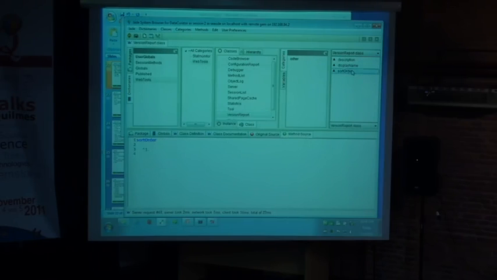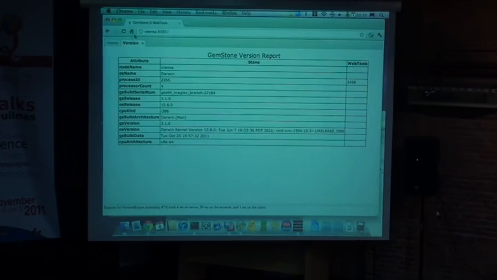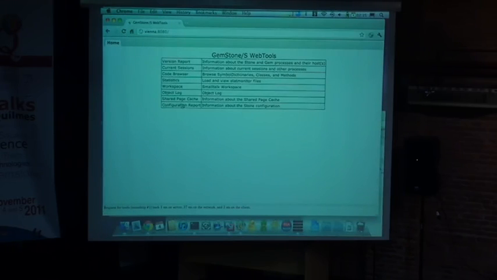Come back, copy across our 3 class-side methods. Stone configuration. Configuration report. And we'll put that at the end. So we successfully commit, and if we refresh, we now have a configuration report as one of the options in